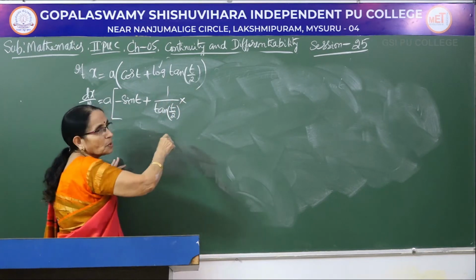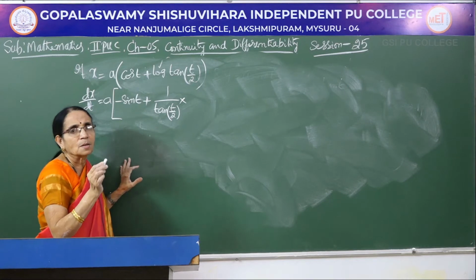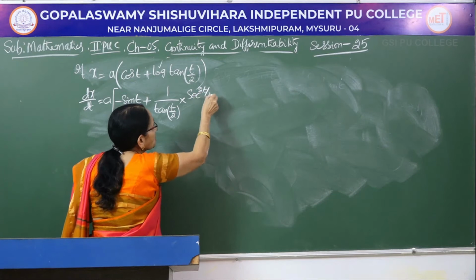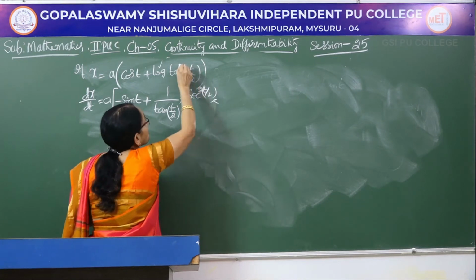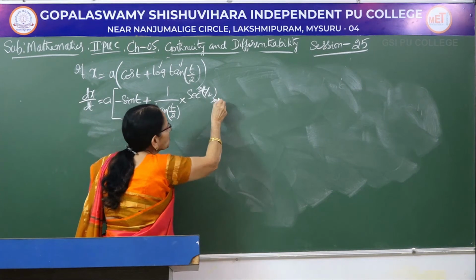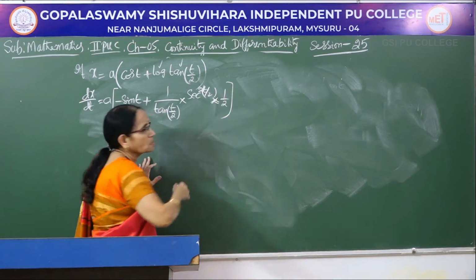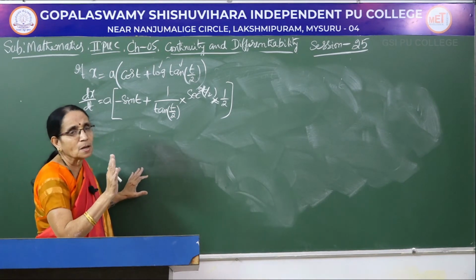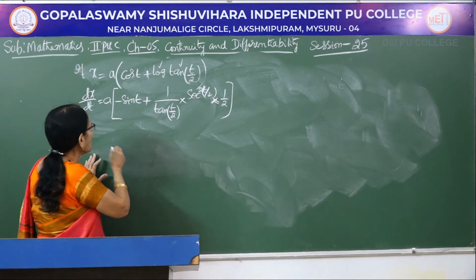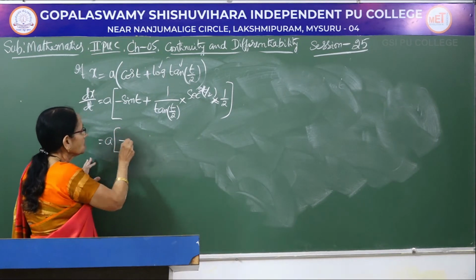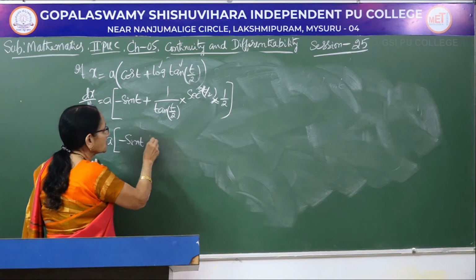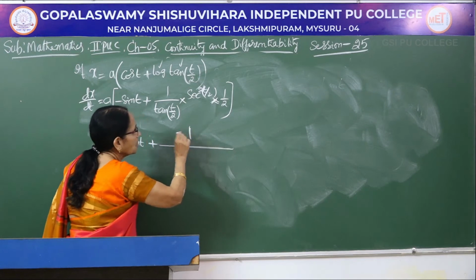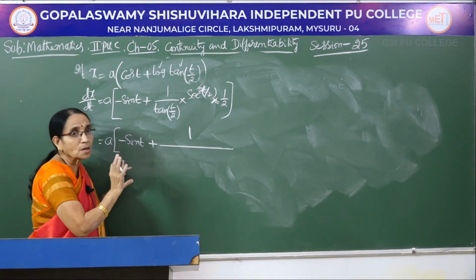Now, come to the next part. Tan x has the derivative secant square x. So, in the place of x it is t by 2. Secant square t by 2. So, this is also over. For t by 2 it is 1 by 2. So, differentiation part is over. But this t by 2, the half angle should be eliminated and write in terms of the angle t. It is minus sine of t. Understand the procedure here. 1 divided by, I write the terms, you understand carefully.